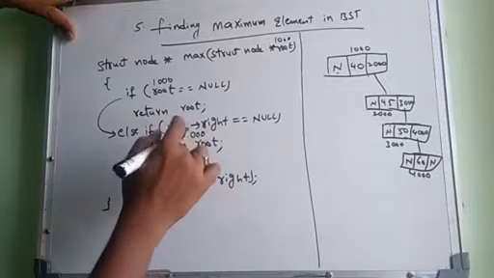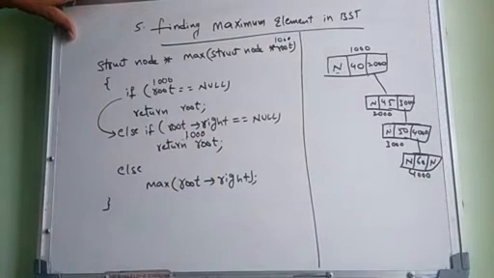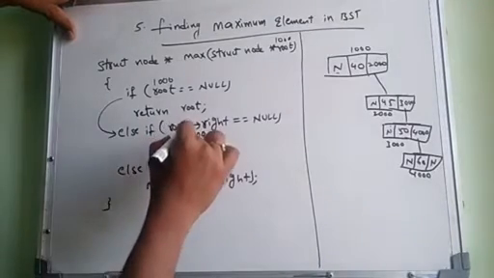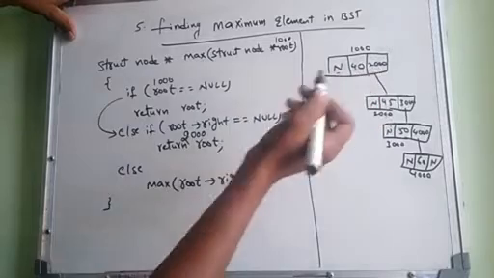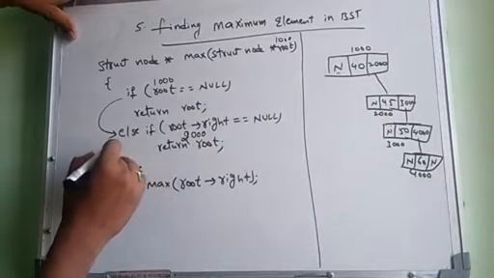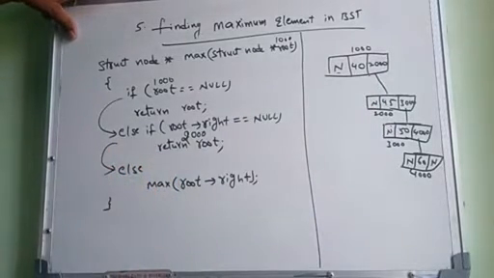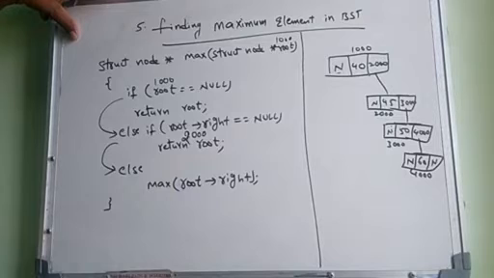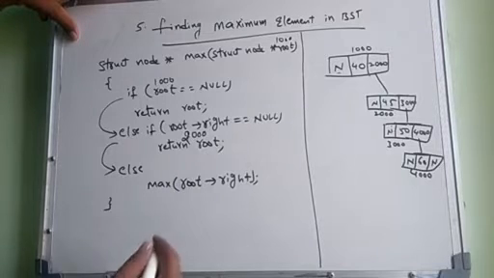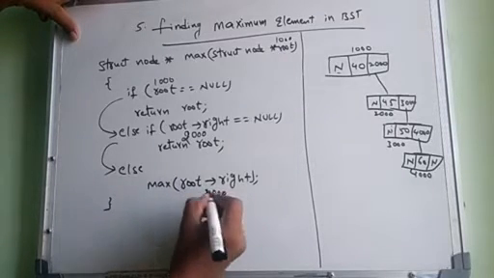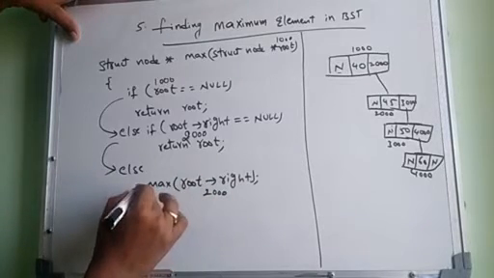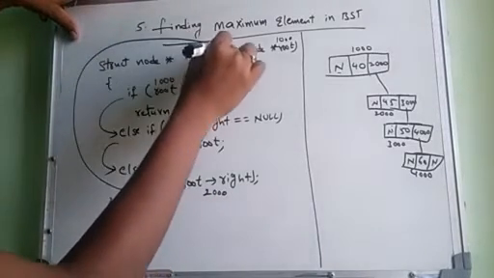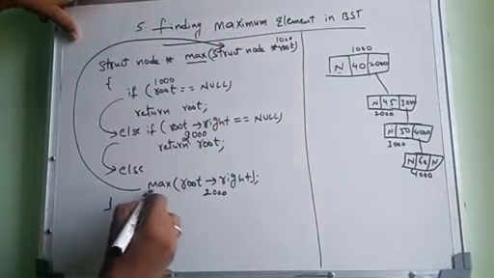What is the current value of root? 2000. Is 2000 equal to null? The condition is false, it is not null; some value is there. So this is also false, go for else. What is the root right now? 2000. We are collecting the value 2000. Now the current root right is 2000. So go for the input of the max function again.